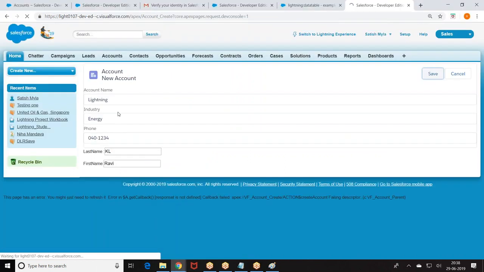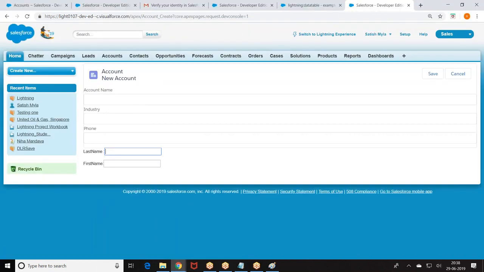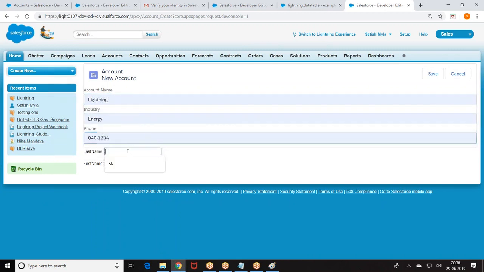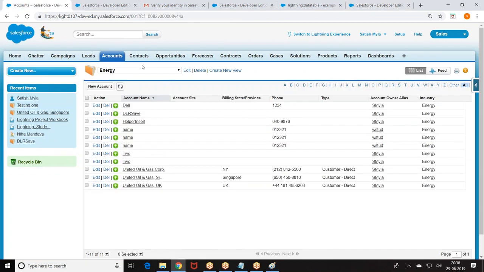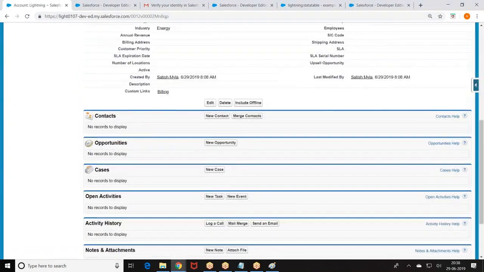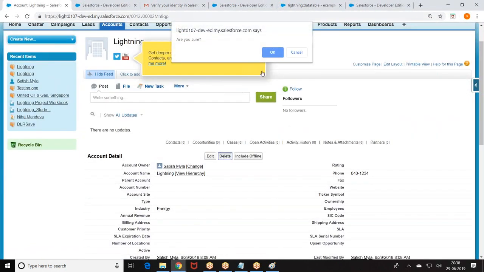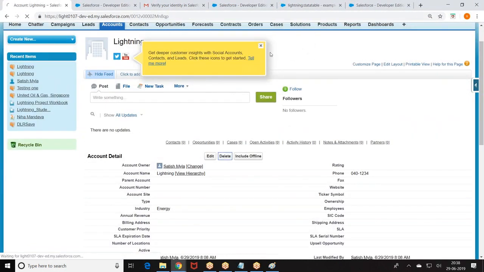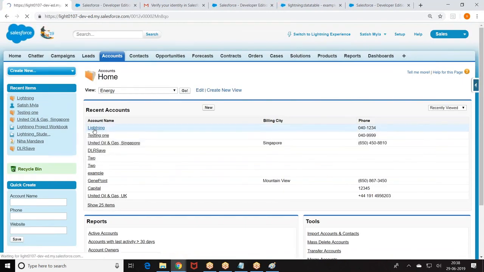So go back to the story again. Now it is firing an event. Go back to the accounts. Lightning. For the lightning, we have this. Look at the second record.